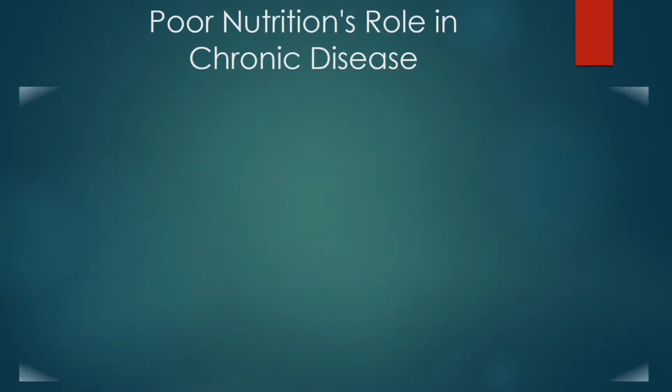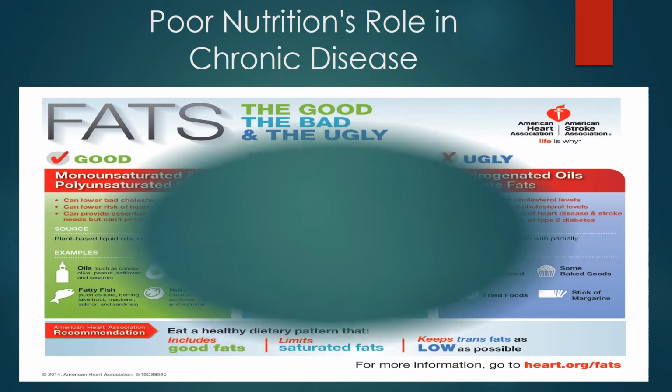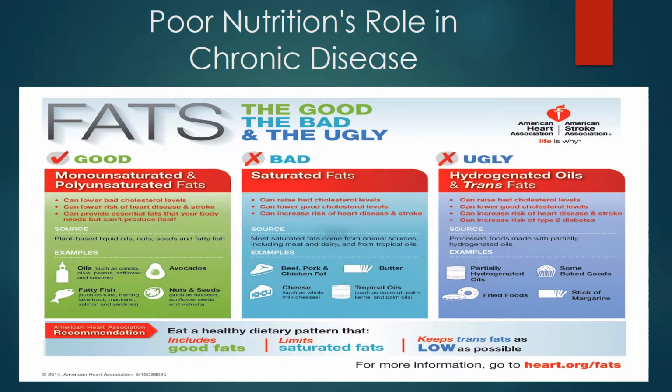As providers, we should educate our clients about the different foods that contain these fats. This chart breaks them down into the good, the bad, and the ugly. The chart also lists effects that they have on the body. The good fats are labeled as mono and polyunsaturated fats. They can help to lower the bad cholesterol levels within the blood, which in turn helps to lower the risk of heart disease and stroke.